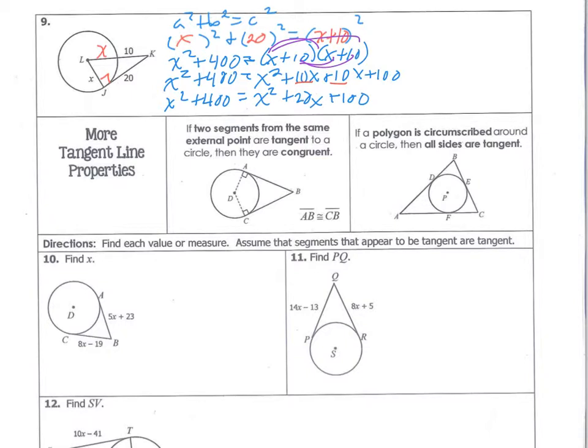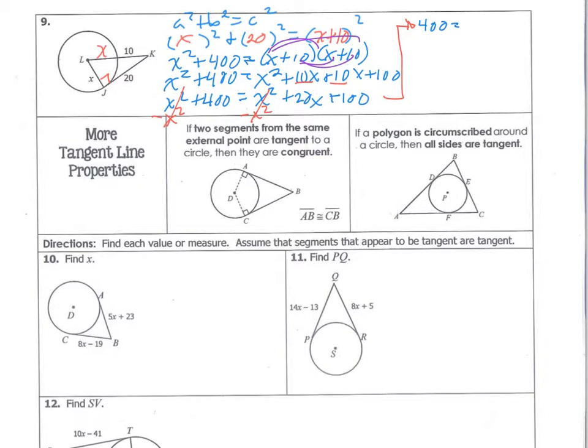What's the first goal I should have? What was that? Get your variable. I want to collect my variables together, but what's my highest degree variable? x squared or the x's? Highest degree. x squared. So those are the ones you want to try to collect first. If I subtract an x squared from both sides, magic occurs. What happens? Yay, they cancel out. So then I'm left with 400